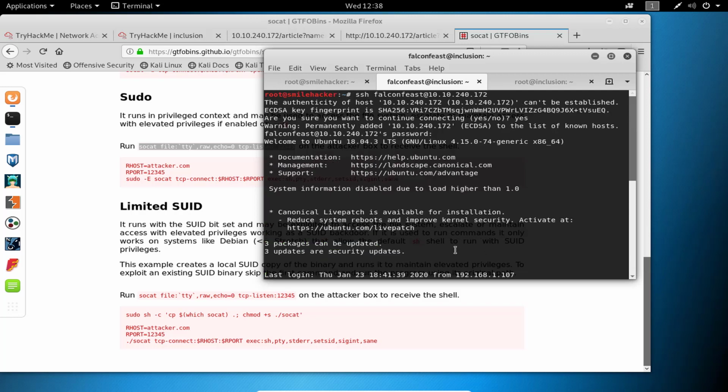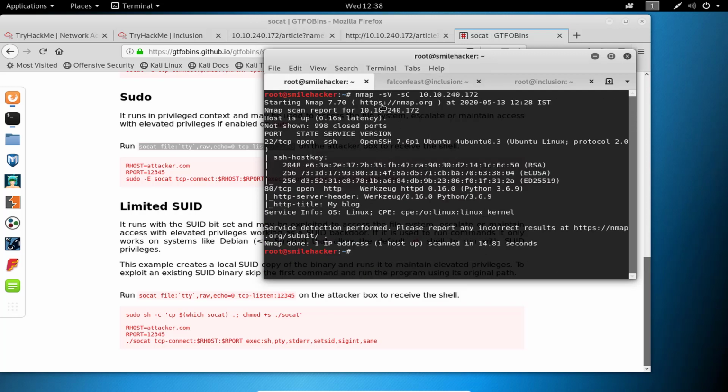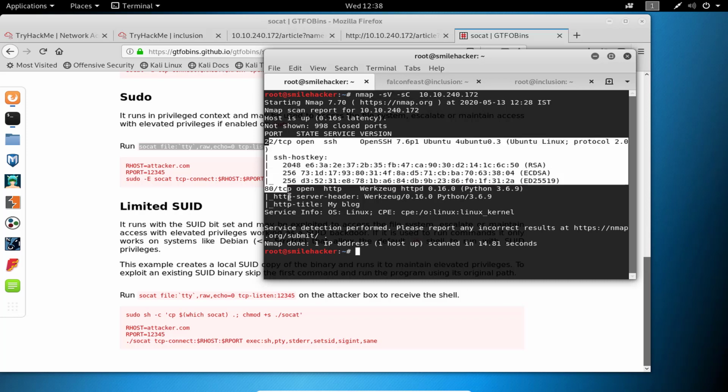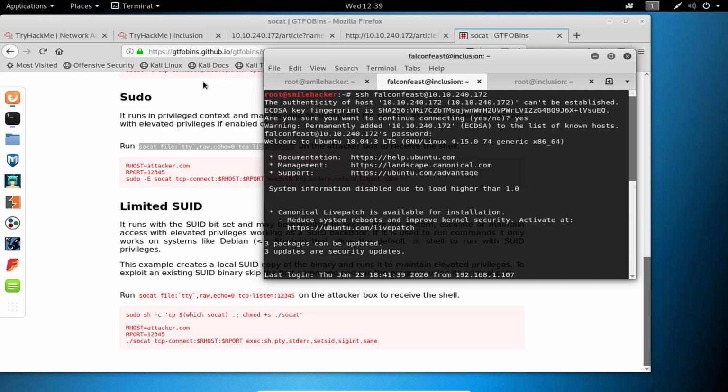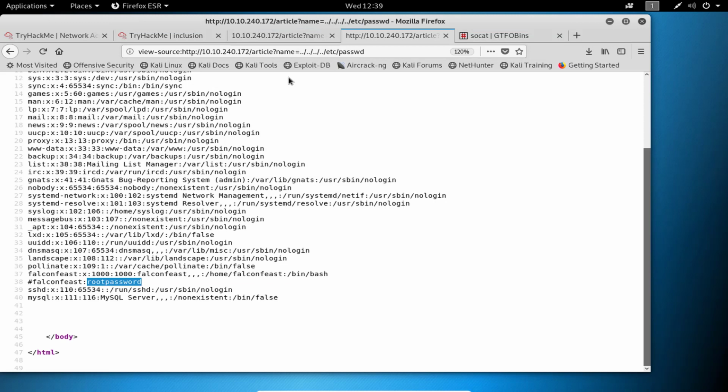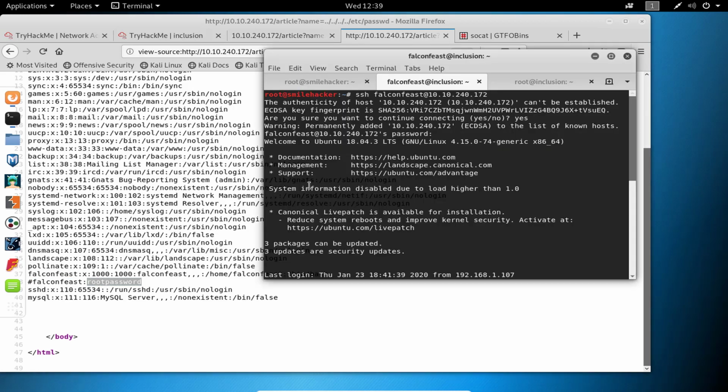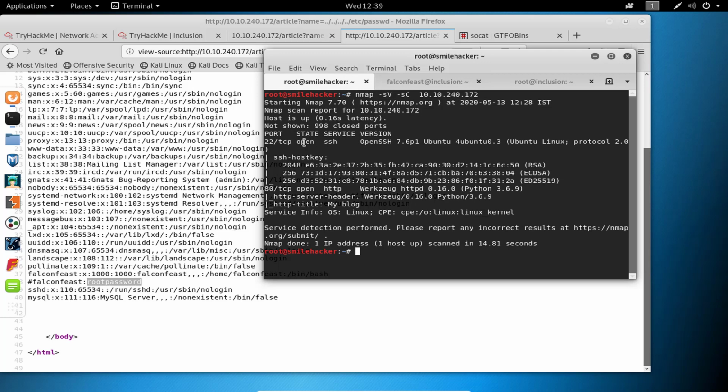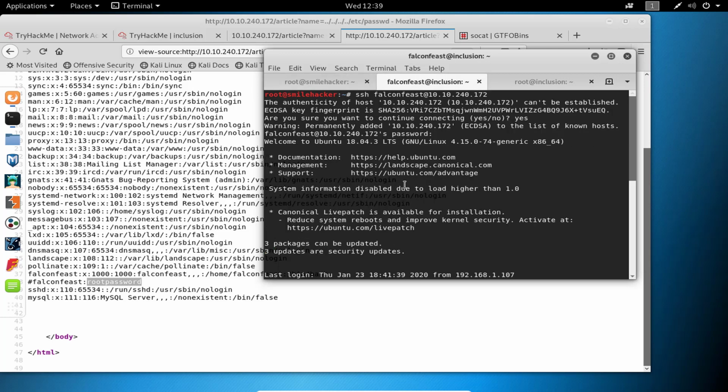So here we are summarizing the whole process. We ran the nmap command for listing out services and ports on our victim IP address, and after that we did our local file inclusion using this payload. We got the user's username and password. SSH was open, so we connected using SSH.